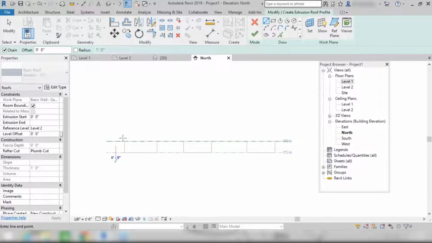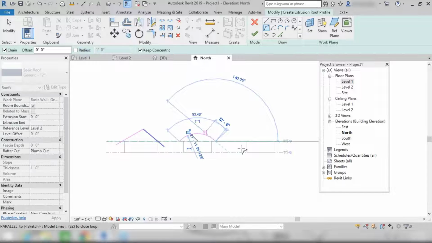After that, you can create any type of geometry, right? So let's say I'm creating a geometry like this, right? Here I have created one geometry for this roof, right? After that, I want a curve at this particular place.